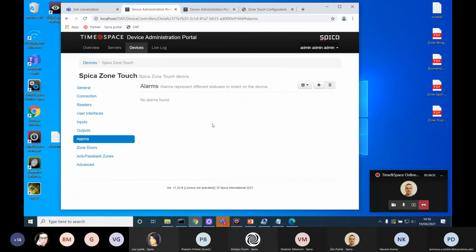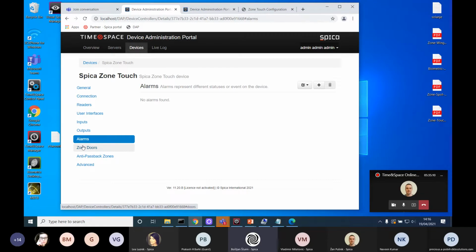It's basically the same, just maybe for two-sided door control. But keep in mind that now your controller is on the unsafe side of the doors. So zone touch will probably be on the outside when you are entering, and with this controller, you are opening the doors. So the controller is on the